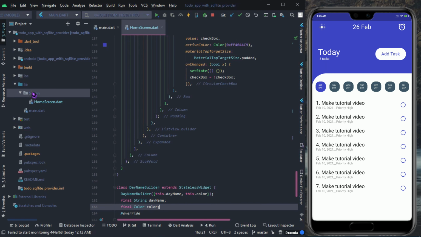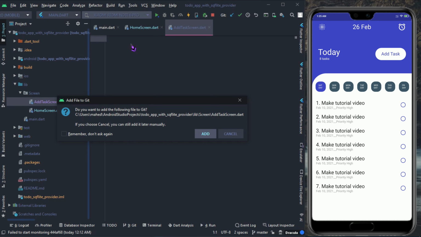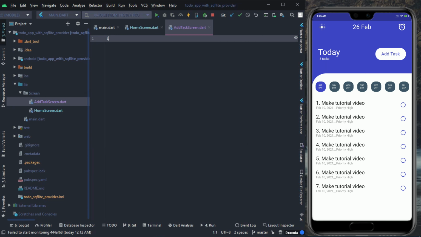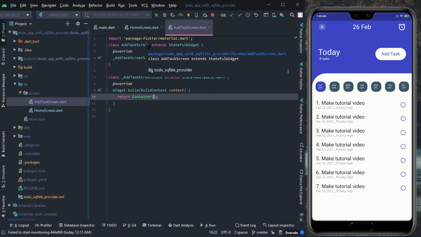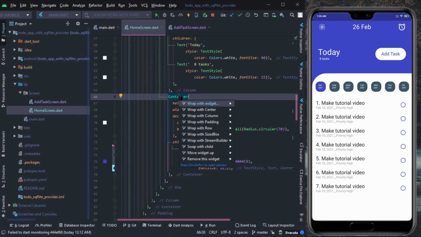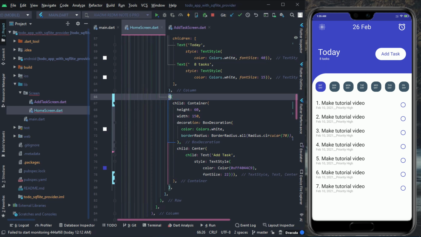Let's build our AddTaskScreen. So making a Dart file, AddTaskScreen. Let's import our material library, and then making a stateful widget, calling it AddTaskScreen. So we need to navigate to AddTaskScreen from home screen, so we must have a route from home screen to AddTaskScreen. So let's wrap our AddTask button with a gesture detector,